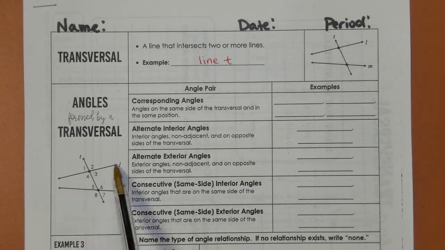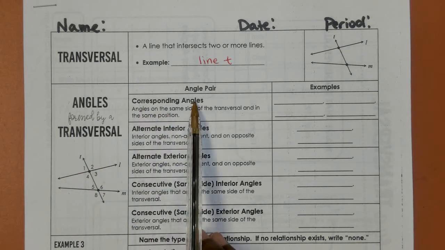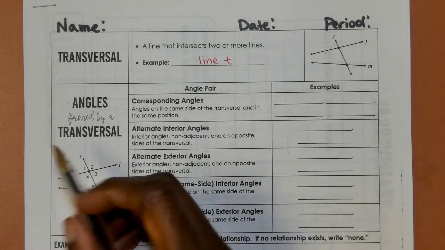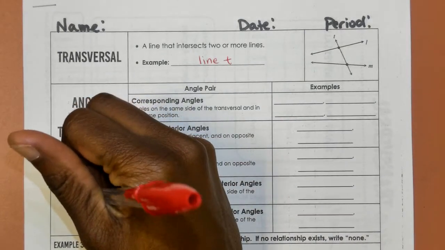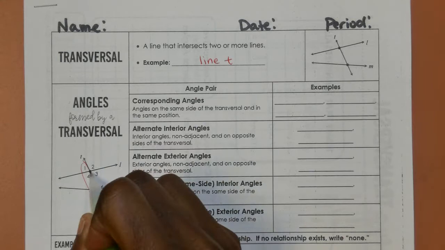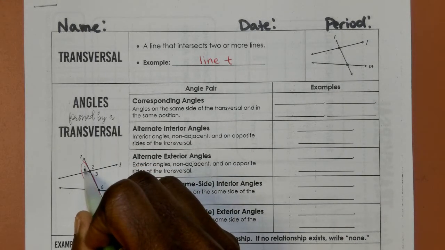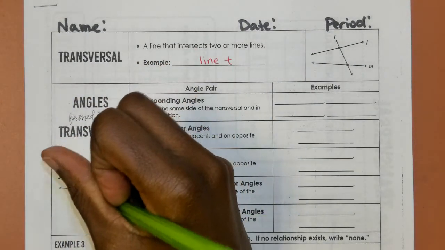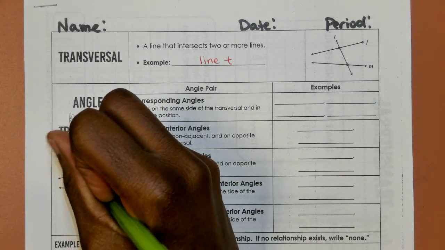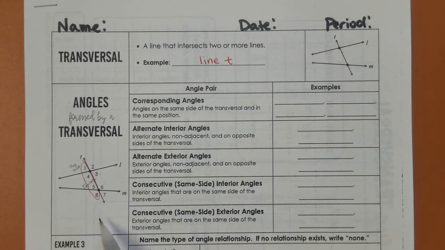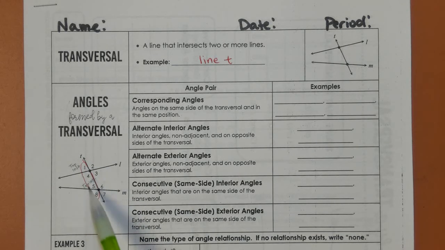If you have two lines intersected by a transversal, there are corresponding angles, which are angles on the same side of the transversal and in the same position. So what that means is, let's say we looked at the left side of the transversal, and in the same position, so position relative to the vertex. For instance, this would be the top left angle, and this would also be the top left of its vertex. So 1 and 5 are on the same side, and they're both above the transversal, so they would be